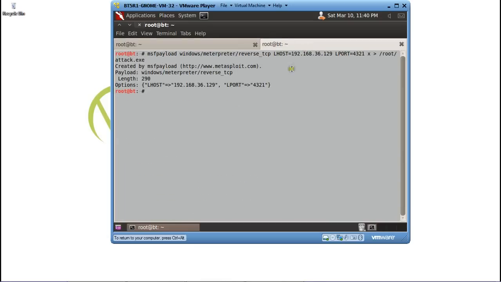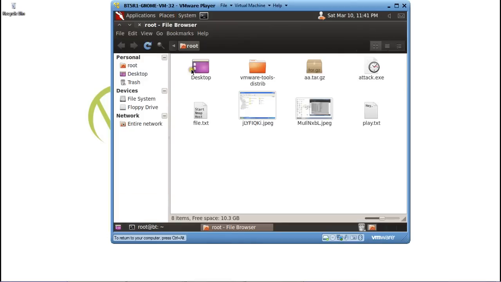Alright, we are done. So as you guys saw, the location was root, and in the root folder the attack.exe. So let's go to the home folder of the root and look for the file. You guys can see here attack.exe. Simply put the file on the victim's machine and execute it. I'll simply drag and put it on the desktop here.